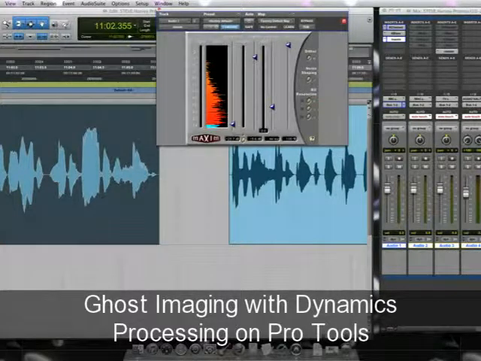All right, today we're going to talk about how to use dynamic processing, which is pretty much also known as compression. Now, you know I don't like long tutorials. I'm going to keep it short, keep it simple. If you want more extensive information on what we're talking about, email me at ghost@ghostimaging.net, or feel free to look